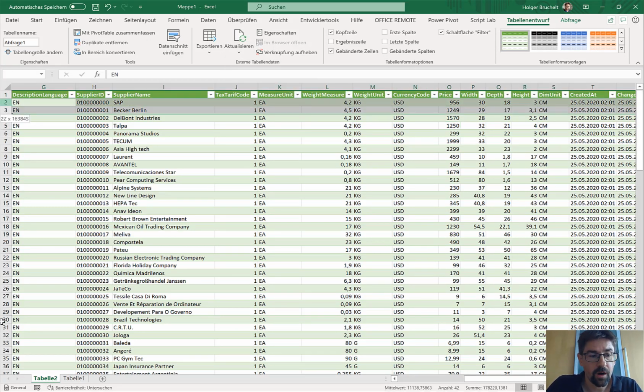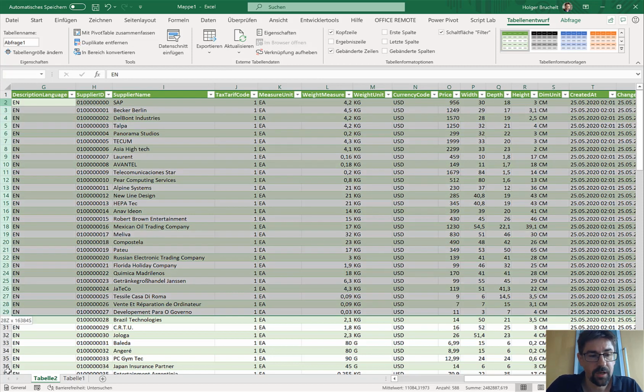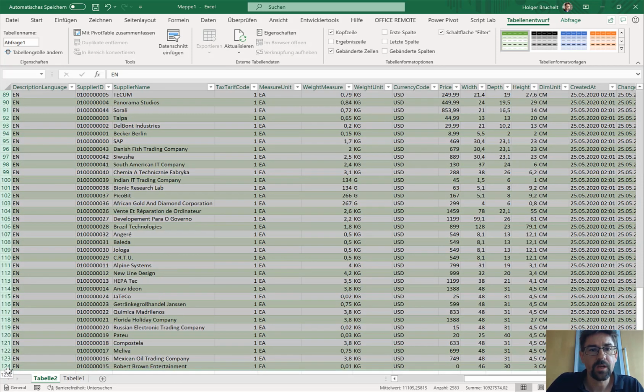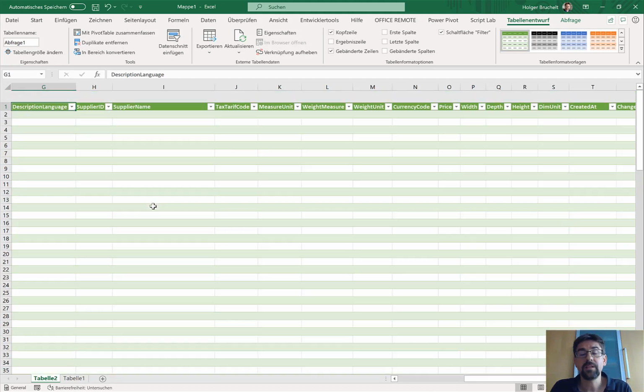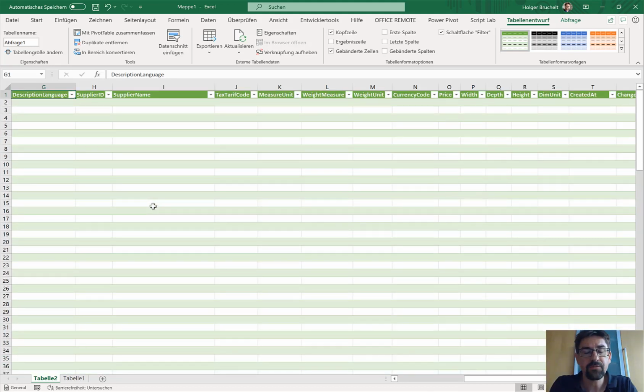Now, you could argue that that's all nice, but it's really complicated for end users. How would they know the SAP system or the OData service and stuff like that? Well, they don't. And that's the beautiful thing. You could just save this as a template and put it on a OneDrive or a network share or somewhere else. And then users would open up this sheet.